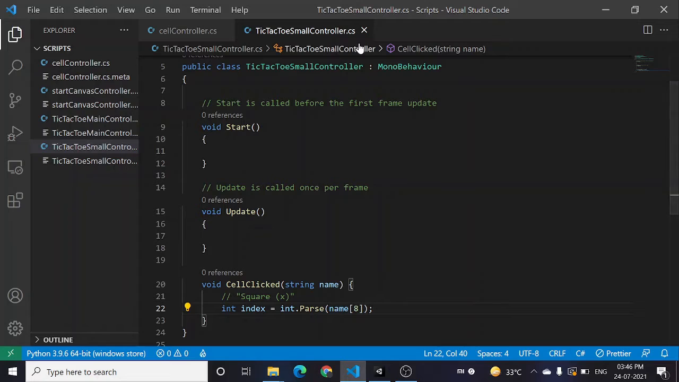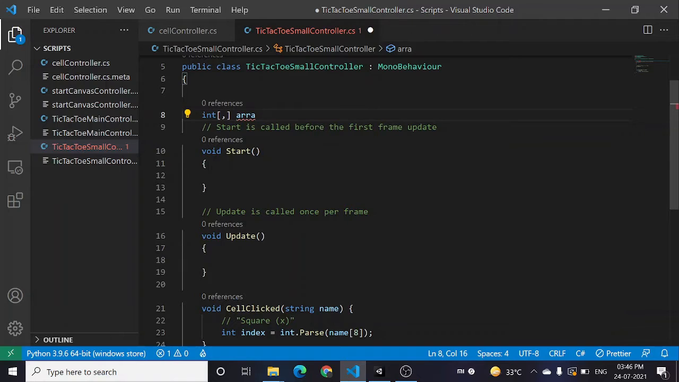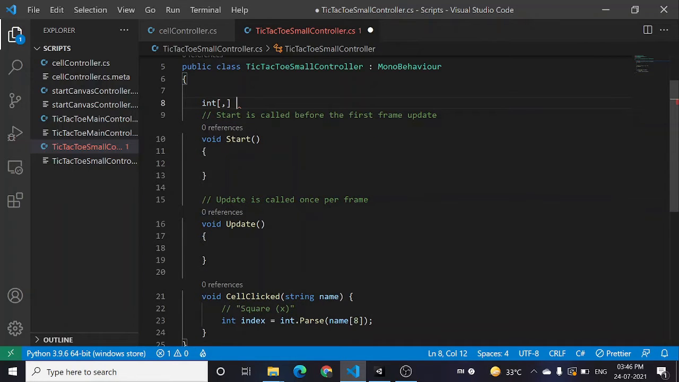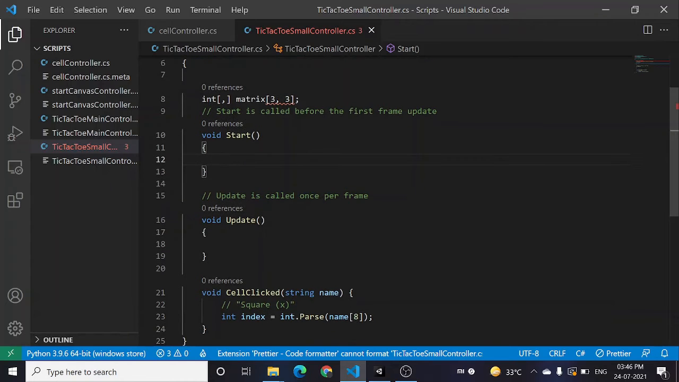So once we have x, we need to first create an array. So you create a 2D array in C# as follows. So if you want to create, so this is your matrix, and you want it to be 3 cross 3. So that's how you do it. And once you have the matrix, we're going to create